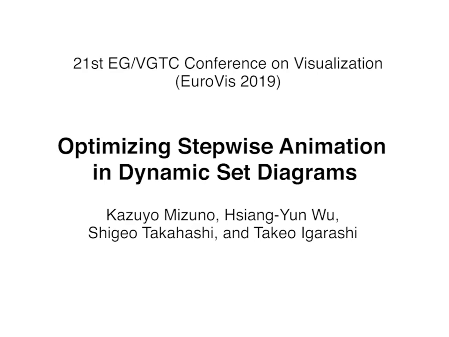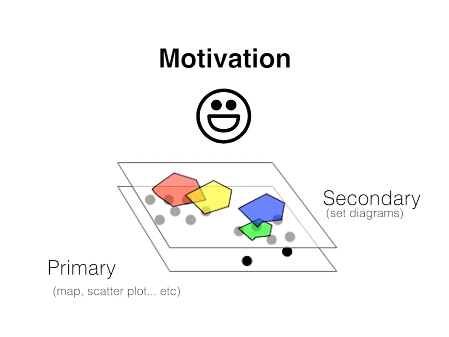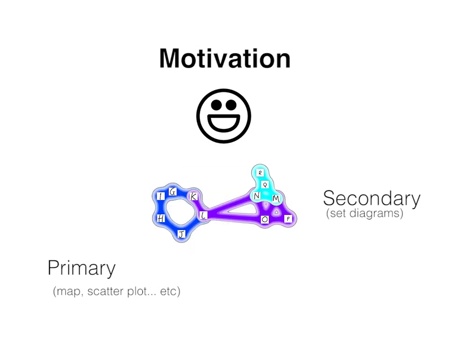We propose a visualization technique for comprehensive understanding of dynamic set diagrams. A set diagram is used to represent membership relation among data elements. It is often visualized as secondary information on top of primary information, such as spatial position of elements on maps